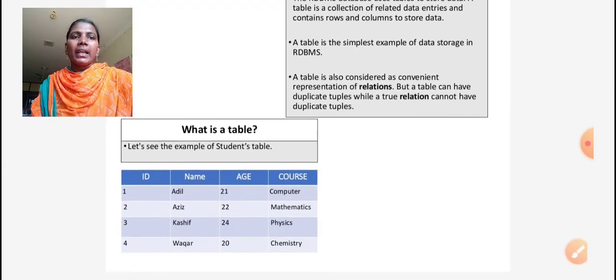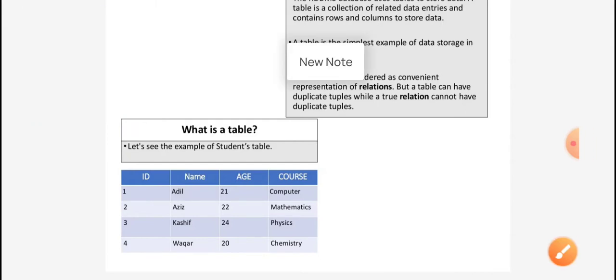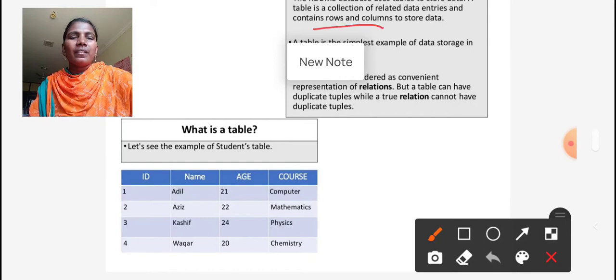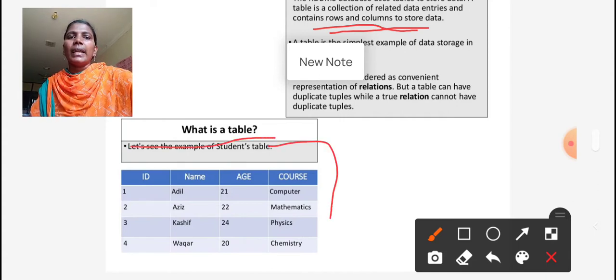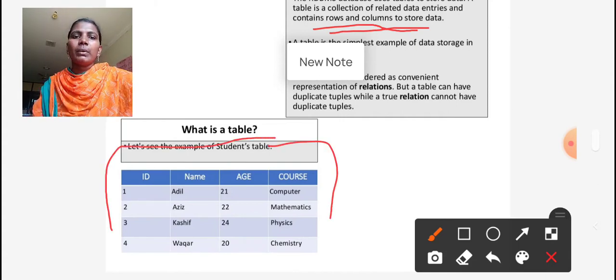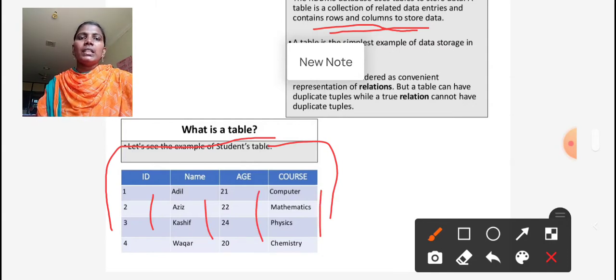A table is a collection, the combination of rows and columns. This is one example of a table: a student table with student ID, student name, age and course.